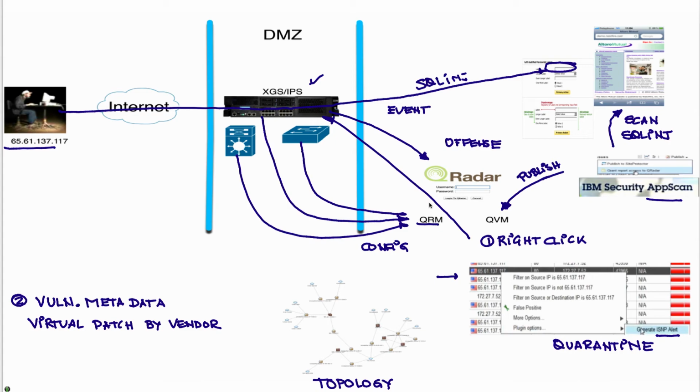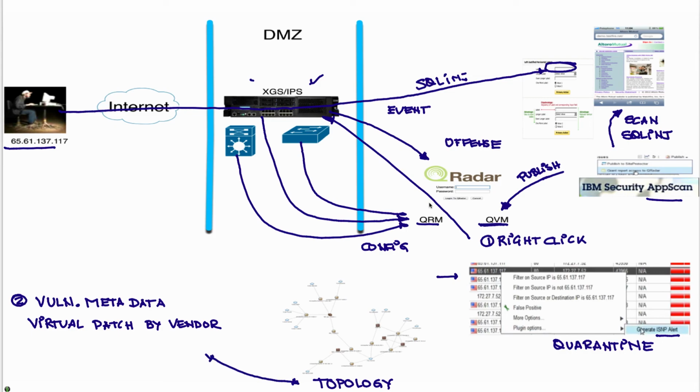But what happened with this? Why isn't this being used more widely? Well, problem number one is that the people that deal with this never talk with the people that deal with AppScan or the actual SIEM per se. And you don't deploy all the virtual patches that you have, because otherwise the performance of your IPS will go down to the floor. However, in this particular case, because Vulnerability Manager is aware of the topology,